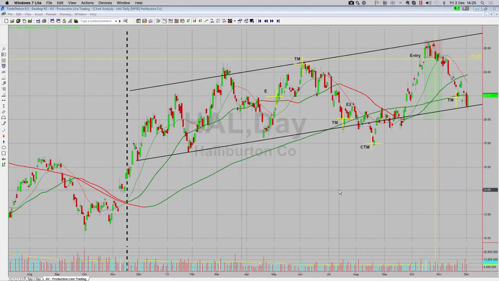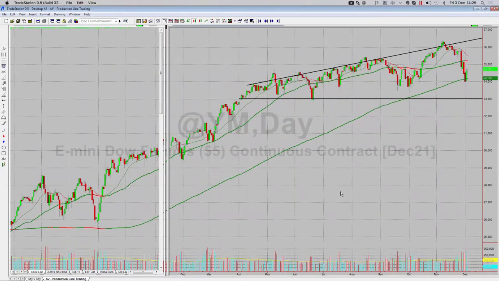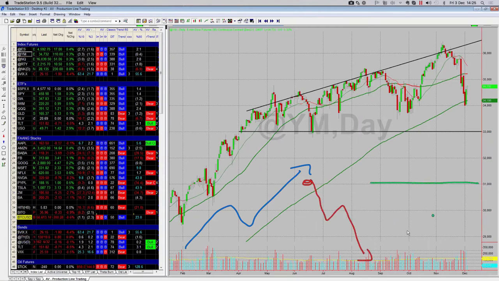Cool. I think we all get the point. This is why looking for the trend is critical. It's the simplest thing that you can do to improve your trading. Determine the trend. Number one, buy the dip. Number two, sell the rally. Number three is buy range lows. Number four is sell range highs.